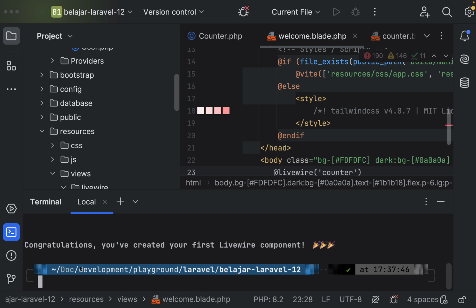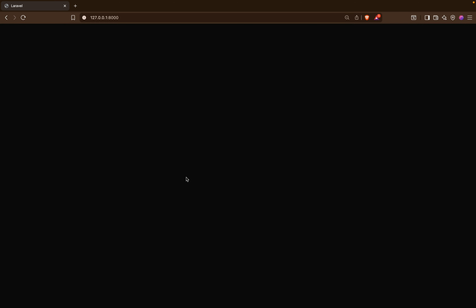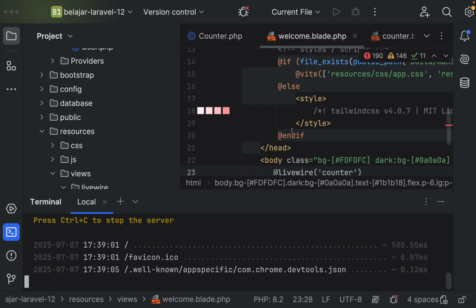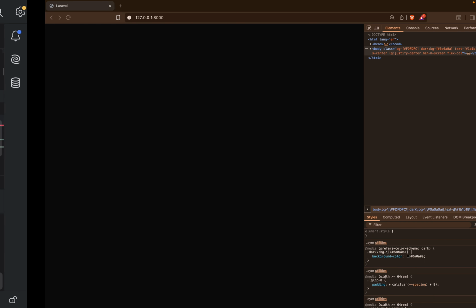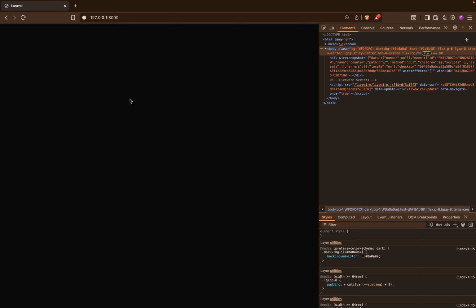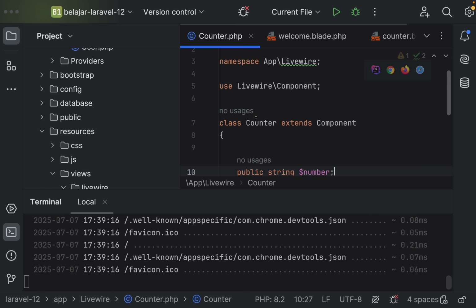Then if we try to run php artisan serve and open it here, you can see we have this data.